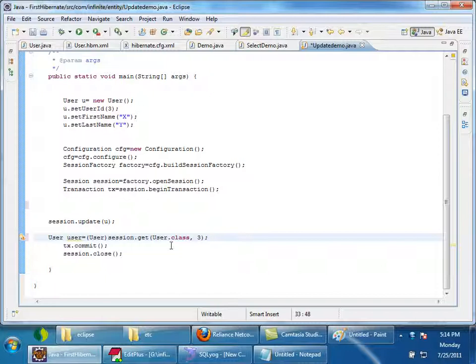If you update, this will be in the persistence cache, so it's there already. It will not go to the database and it will not fetch a new object. So both the user reference and the other reference will be referring to the same object inside the persistence cache. No problem, right?